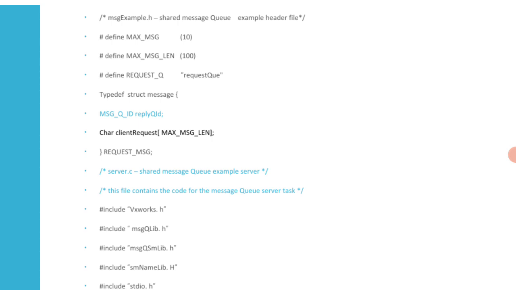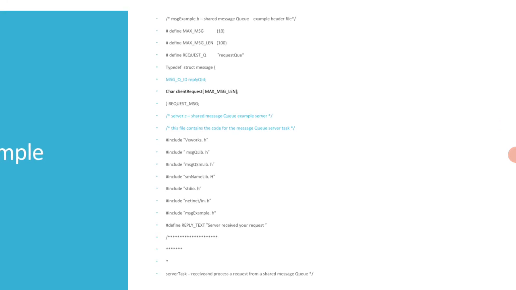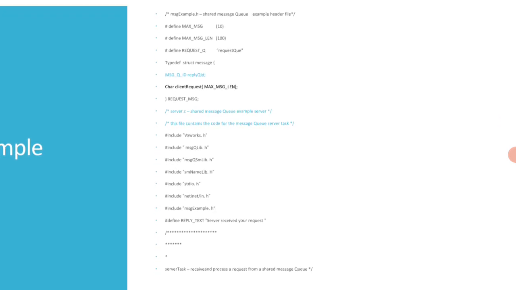First let's see the server. This file contains the code for the message queue server. So these are all the include files. The server task receives and processes a request from a shared message queue.